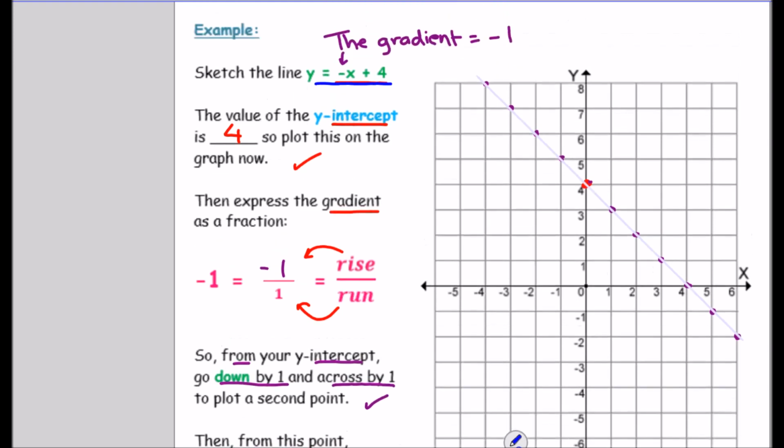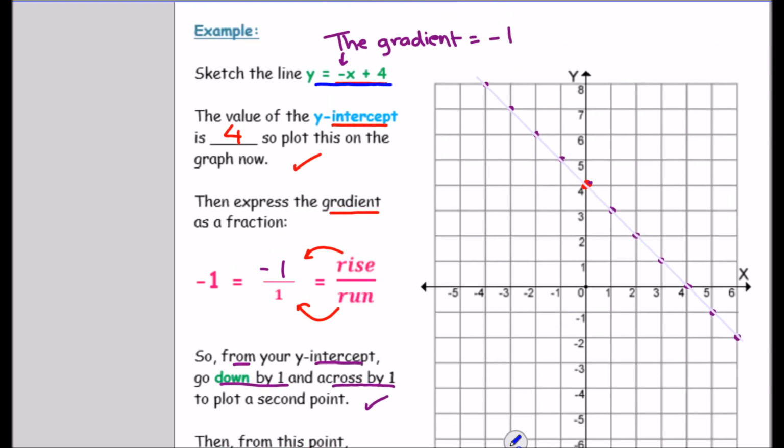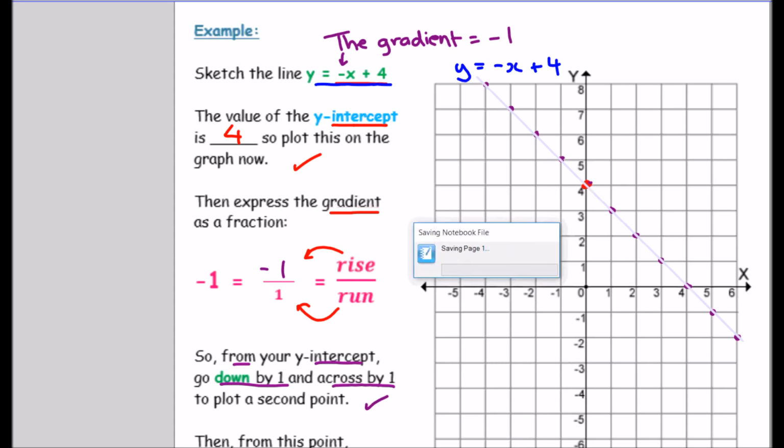So don't forget to label your line. You need to play defense and not give anyone any reason to take a mark off. y equals negative x plus 4. Write the whole equation. There you go, that one's done. Let's save our